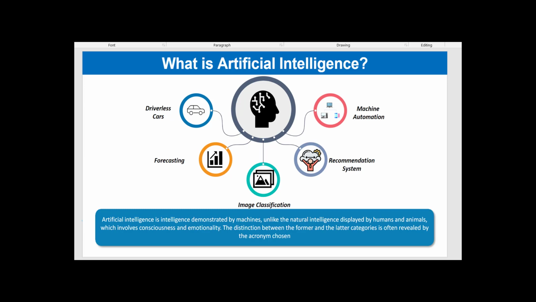Next, we'll see forecasting. What is forecasting exactly? You can see the weather: what will the weather be tomorrow, what will it be after 2 days? We can see all those predictions and results by weather forecasting. And image classification. What is image classification? Here you can classify your image: what is a dog, what is a car, all just because of categorizing your data.